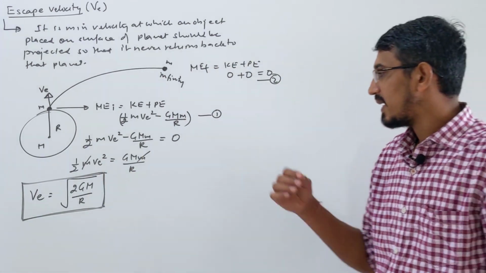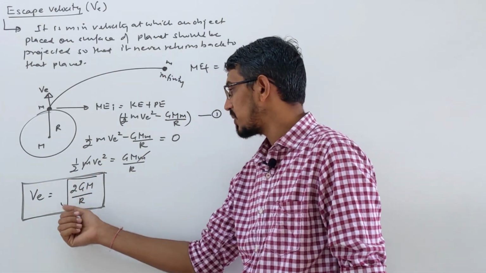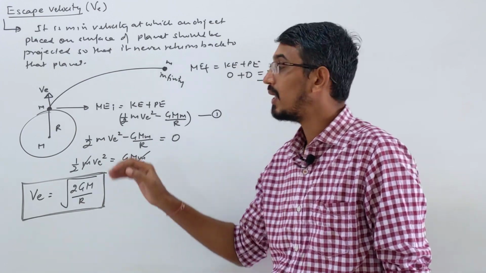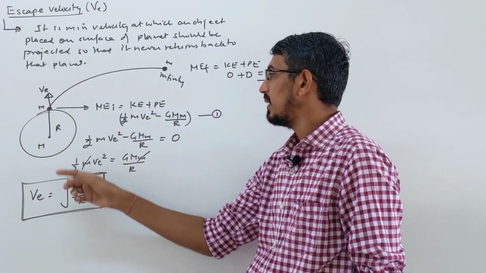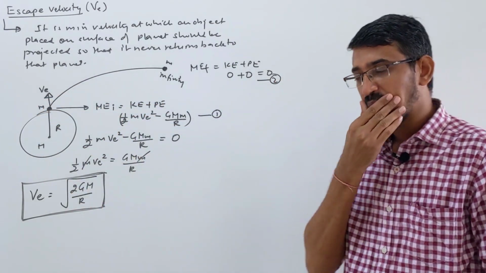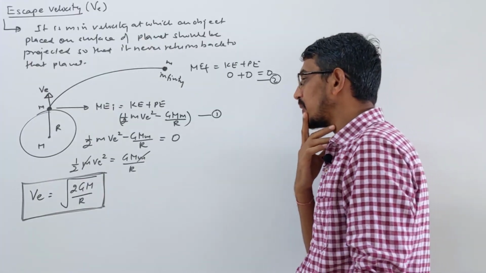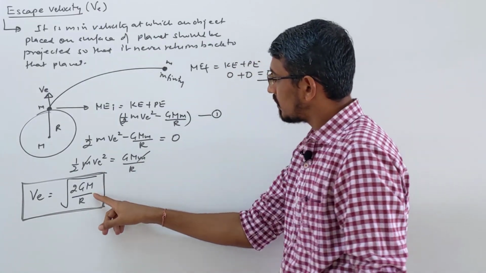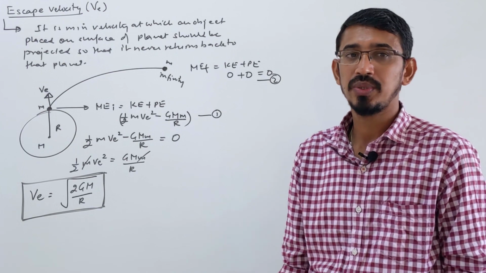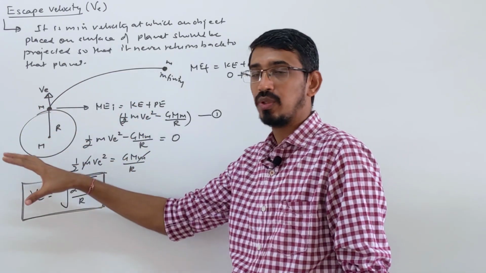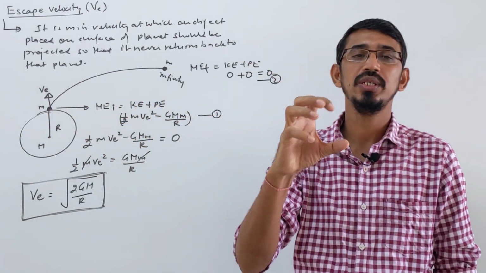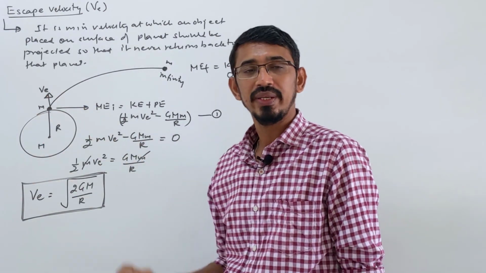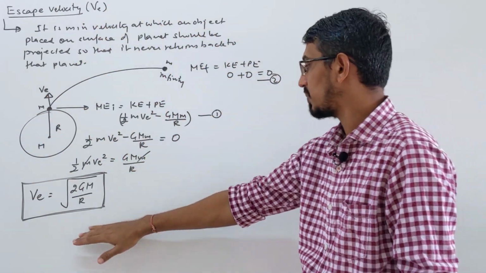Right? Escape velocity is what? Root 2 times G, which is constant, mass is the mass of the planet, divided by the radius of the planet, correct? Okay. Suppose this formula you can write in terms of what? Acceleration due to gravity also for that planet, because generally what we are doing, we are launching this object from the surface of earth. We can launch from some height also, I will tell you in the next point.